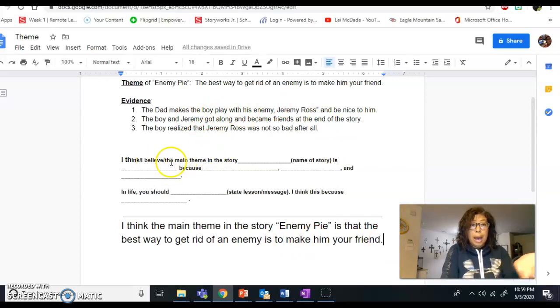So here it says, I think or I believe the main theme in the story blank is, and that's where your theme would be. Because I have three of them listed, I don't want to have a huge long sentence. So I'm going to stop the sentence and then just start another sentence.